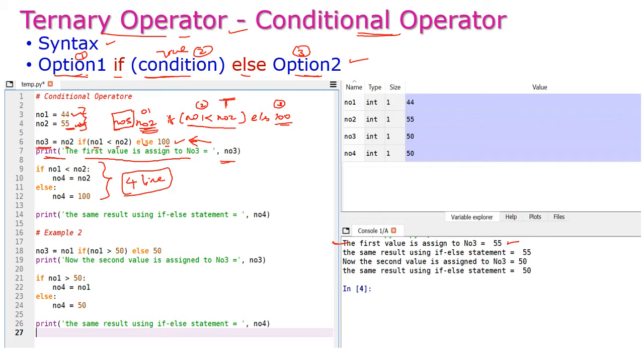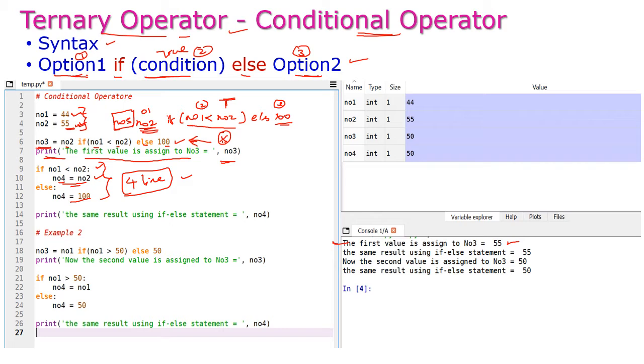So this is the importance of the ternary operator. Let us see this if statement also. If n1 less than n2, then n4 is equal to n2. I have created another variable. Else n4 is equal to 100. So this is the meaning of this particular statement.